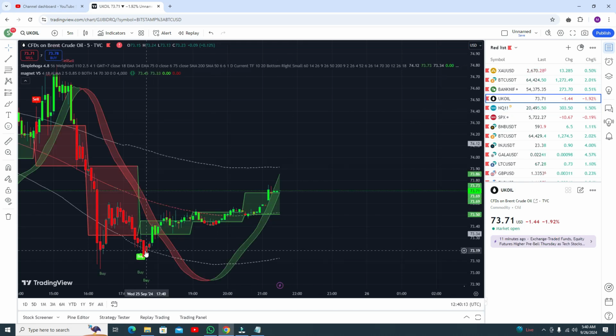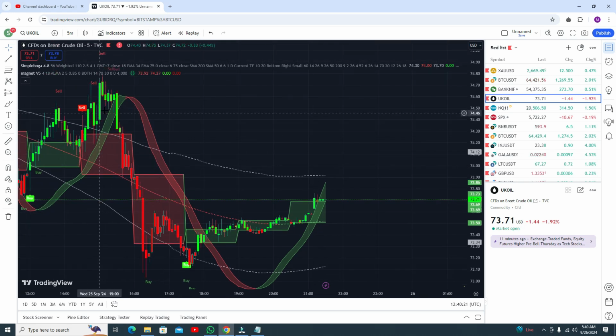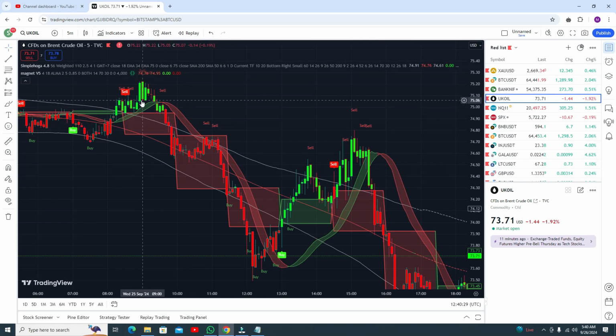Like here you can see the buy trade. Okay, this was the most recent buy signal, and now there is some good profit, and this is the sell signal, amazing profit. This was amazing. Okay, now this one is your buy trade, and you can see you got the profit here. Sell trade, amazing profit.